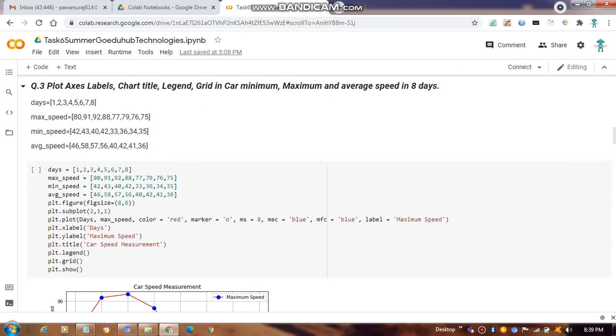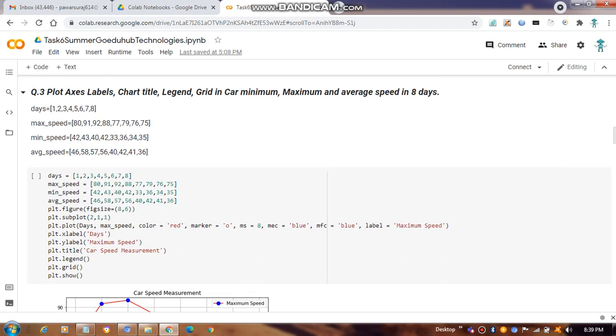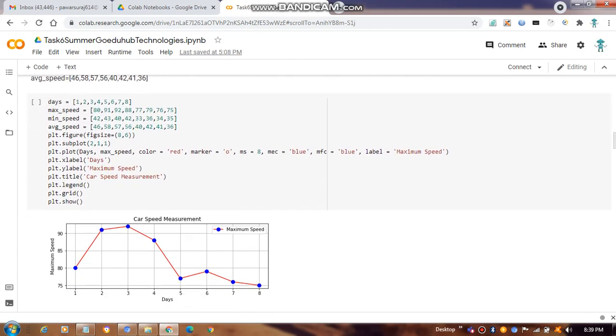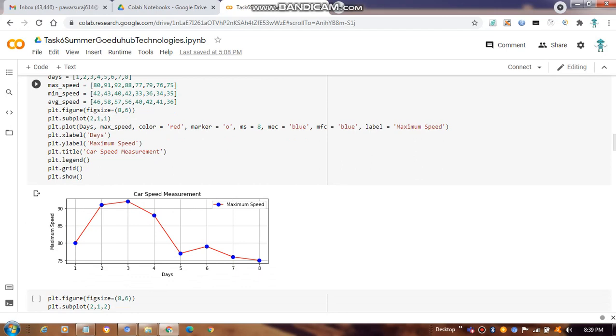So the third question is about the chart titles, legends and grid based on the minimum, maximum and average over the 8th day. In that, the given data is date, maximum speed, minimum and average. We are using figures, and the figure size depends on you, so in this I represent the figure size as 8,6.